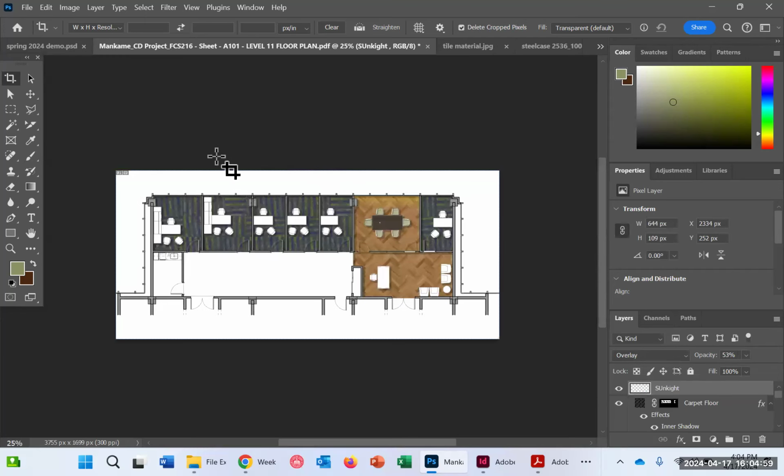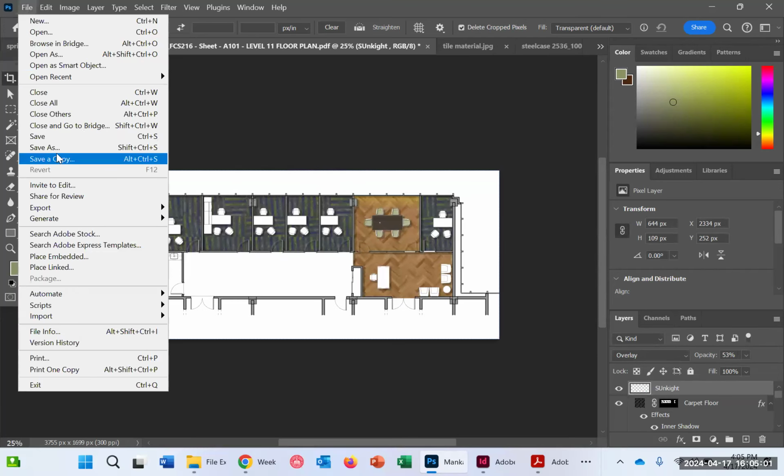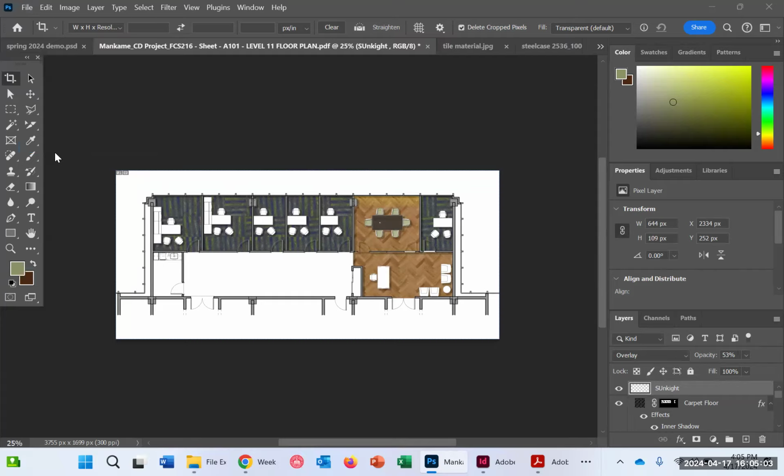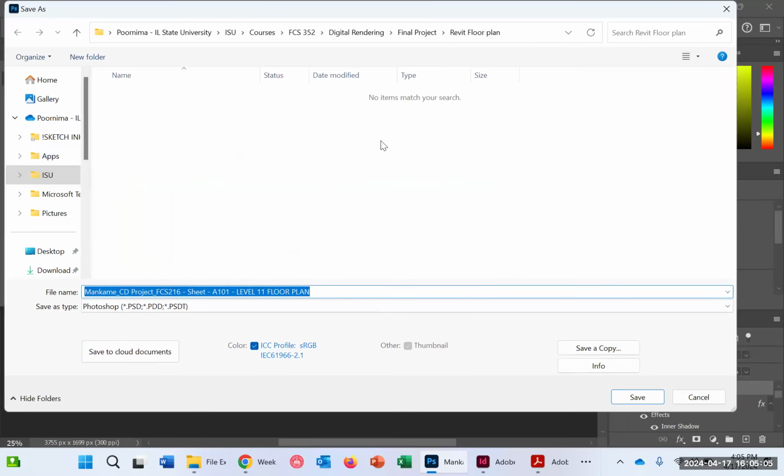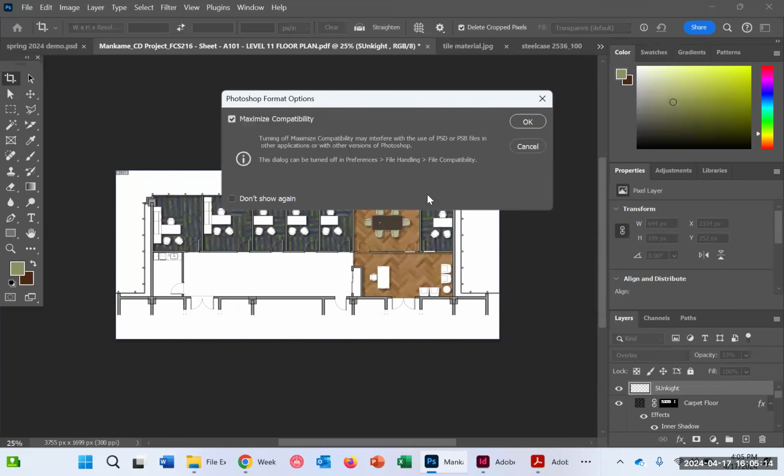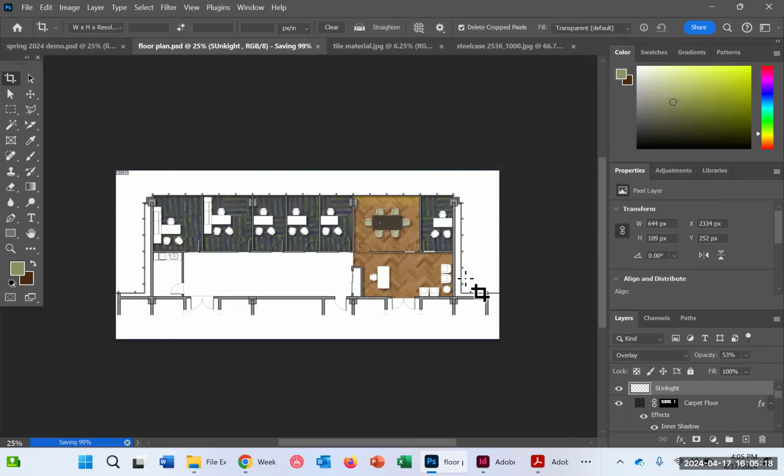Okay, make sure you save this. I have not saved it, so I will just save as a floor plan. Okay, I will save that. And if you're still working on it, that's okay. You can just keep working on it, but I will show you how to import that in Adobe Creative,